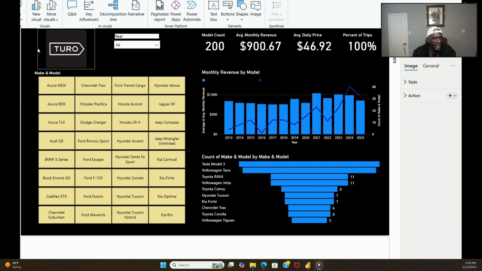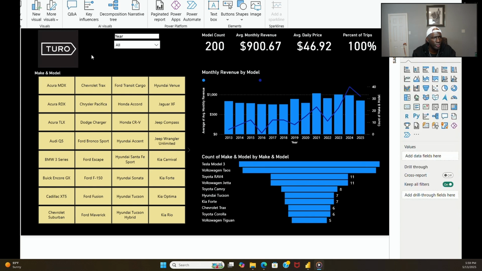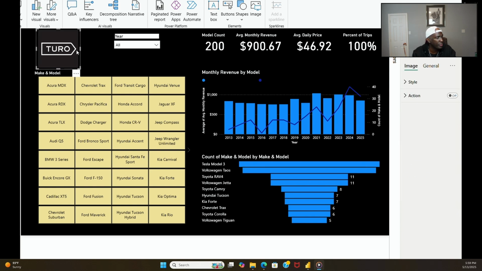So what we can do is try to see if we can match that color a little closer so that it blends better